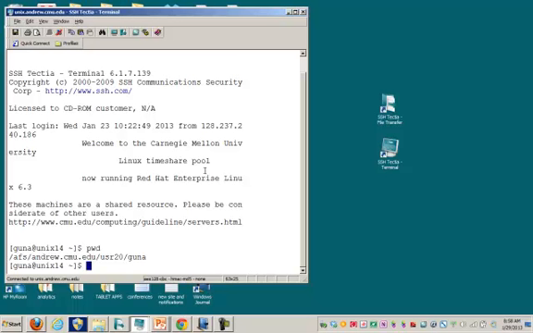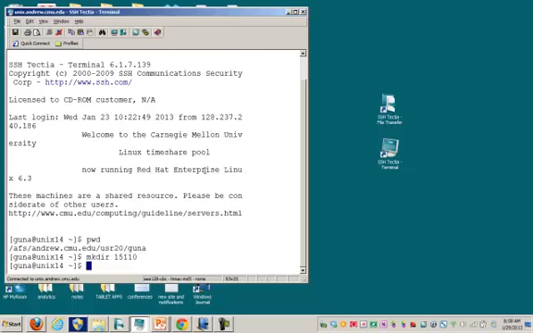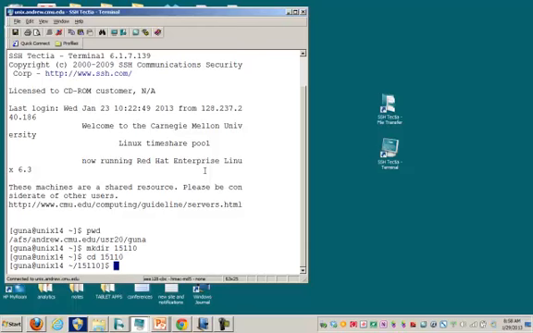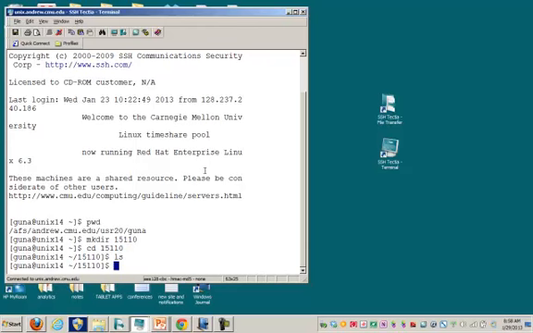And now, because I'm going to be doing some Ruby exercises, I'm going to make a directory here called 15110. So I made a directory called 15110. Then I'm going to change the directory to 15110. Now, in the directory 15110, if I type ls to see all the files, I see nothing because I haven't really done anything there. So what I want to do is to develop a Ruby program